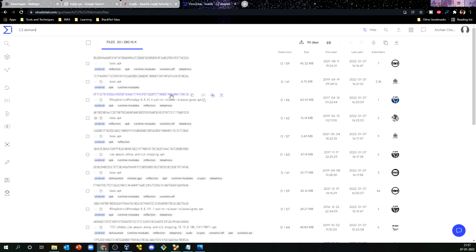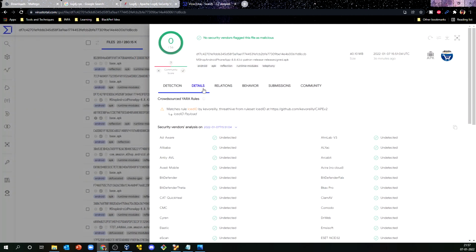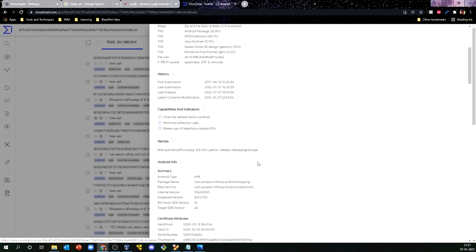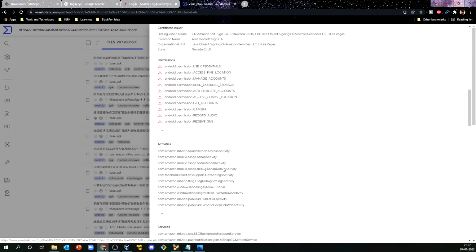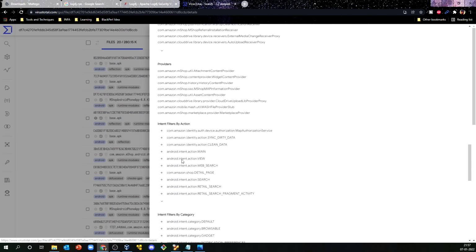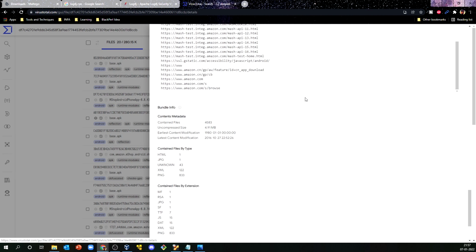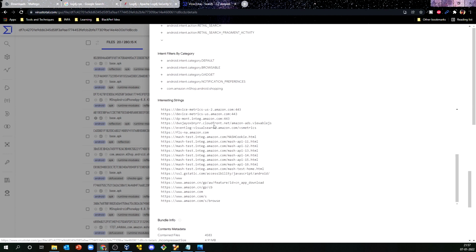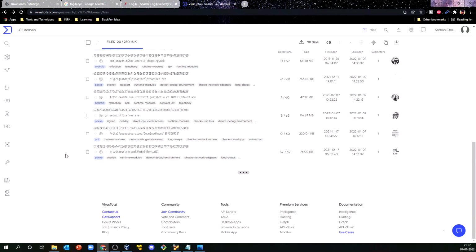Okay, I'll go with any of the hash values. I'll go to details. I just want to search for some URLs which might be suspicious for us, or which we can test and know that, okay, this is suspicious.